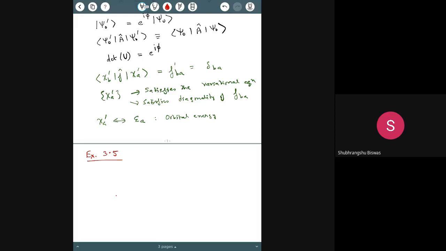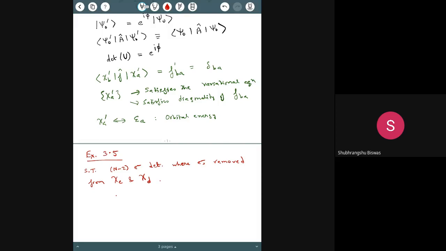So exercise 3.5 from Szabo and Ostlund says, show that if you have an N minus 2 electron determinant where the electrons have been removed from chi C and chi D, which are two particular spin orbitals,